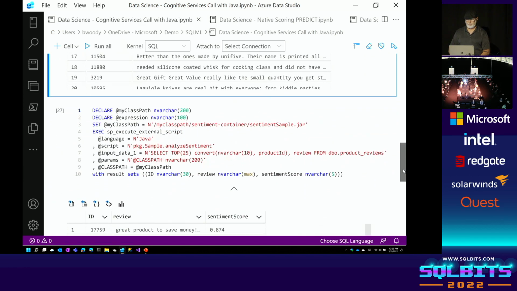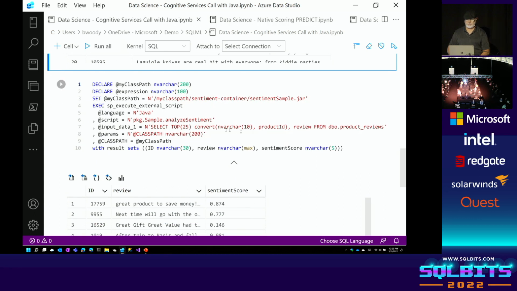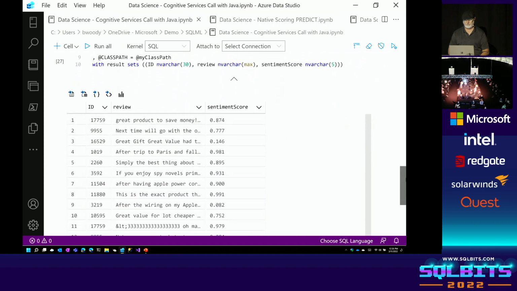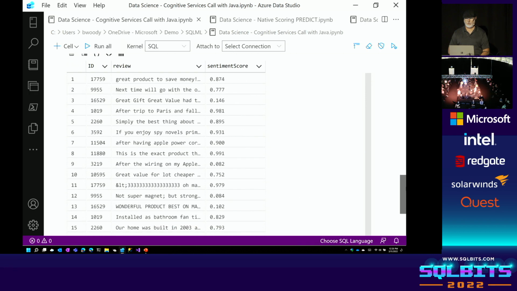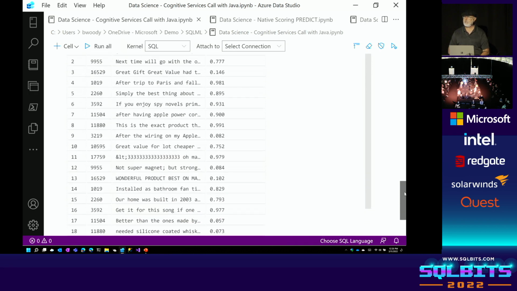So all I'm going to do here is I'm simply going to have a Java statement that simply sends out to the cognitive services. This is all the code you need. That selects from the database those same objects, sends out to cognitive services, and we have something called sentiment analysis. It expects parameters, and it's going to return something in a JSON document, which I'll tear apart and put back inside SQL Server. You can see what I've got, the ID, the review, and the sentiment score. Here's what's kind of interesting. This is what I get back. So now, instead of writing data science stuff, I can simply use it.